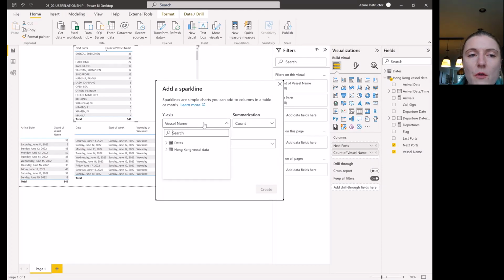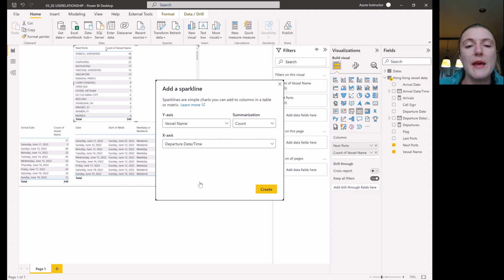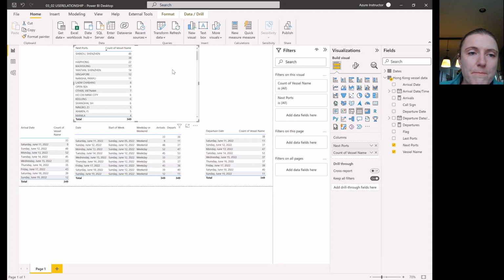And now on the y-axis, I'm going to use the vessel count. And I've already got the vessel name as the count, so I can use that. And then I want to choose the field that I want to use for this. And I'm going to actually use, in the data, the departure date as this example. And the reason that I do this instead of using the option for use relationship is because I don't want to accidentally mix those up. So if I choose create,